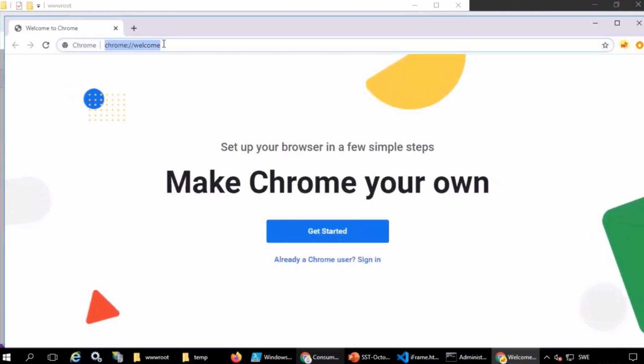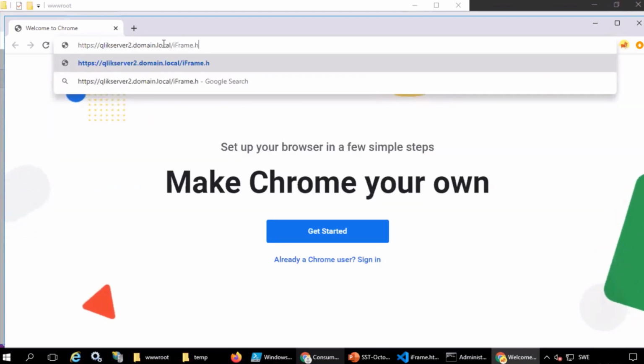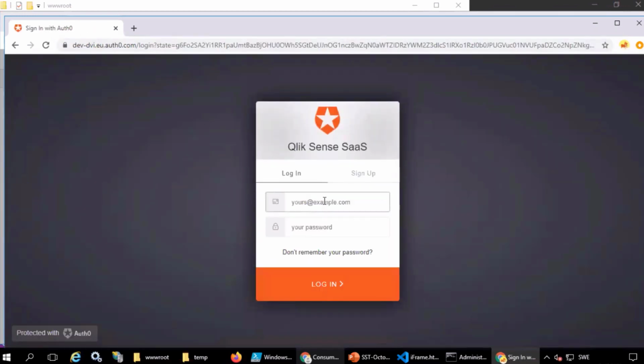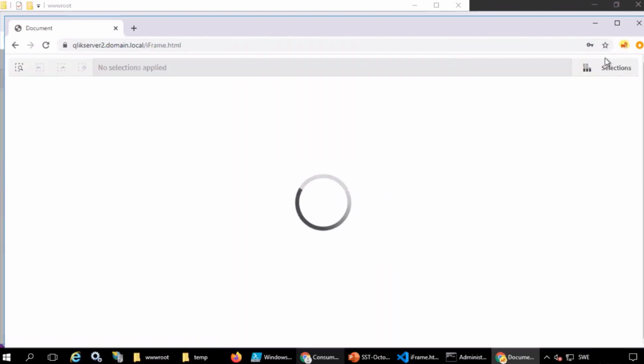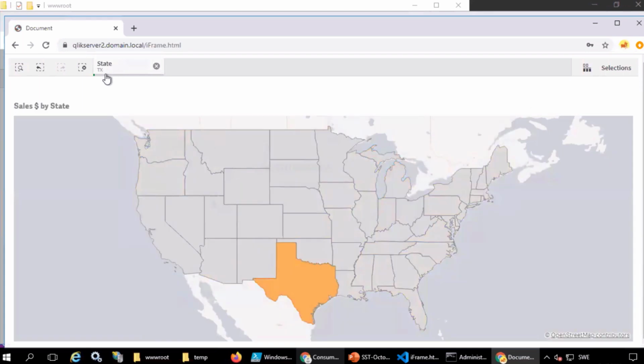Great tip. That's correct. I'm now gonna type the name of my IIS server. All right, so now you're visiting that page you created. Yes, and I'm getting redirected now to my identity provider, which is Auth0 in this case. Now we can see the iframe loading, and we can also interact with this chart by just clicking player selection. And this is your iframe page, just kind of blank at the top, blank at the bottom, but it has the object embedded in the center. That's correct, yes. Very cool.